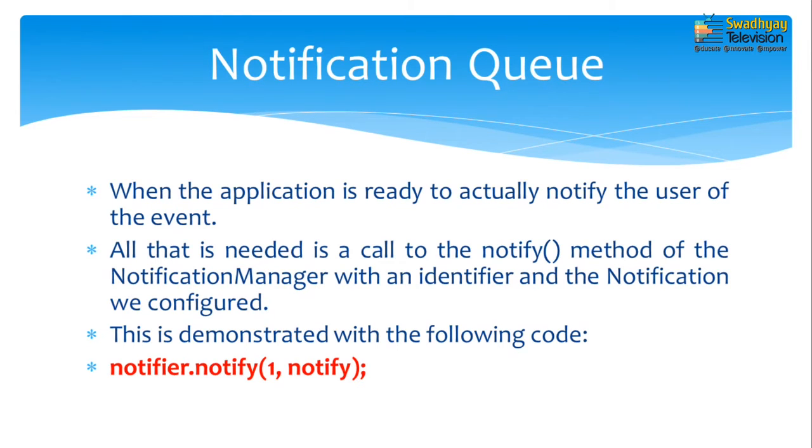So, here first we created a notification manager object, which is used to notify. So, here notifier is a notification manager object and notify is its method. The first specifies its ID argument and the second specifies the notification object. So, the notification manager method notify is used to actually send the notification and the first argument represents the ID and the second argument represents our notification object, in which we have set different properties using builder object methods.